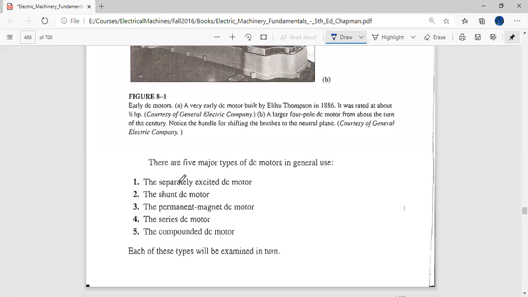Our primary objective is to cover and complete these topics: the separately excited DC motor, the shunt DC motor, and the series DC motor. All of these have their different merits and demerits. For example, the series DC motor has a high starting torque. And the shunt DC motor has the property that it has an almost constant